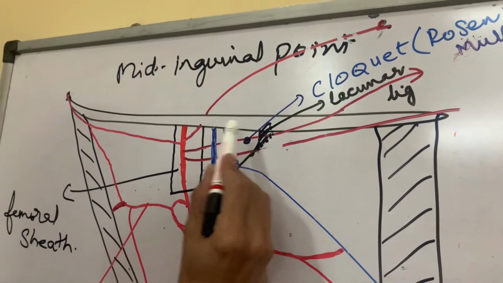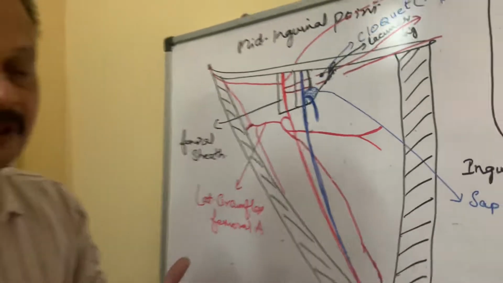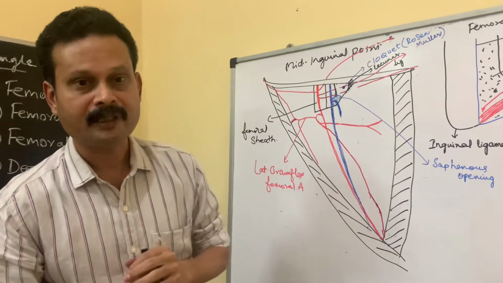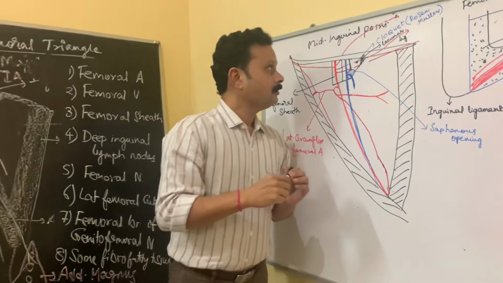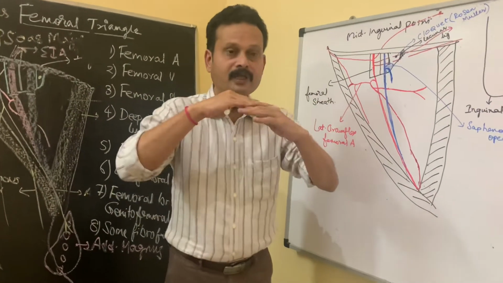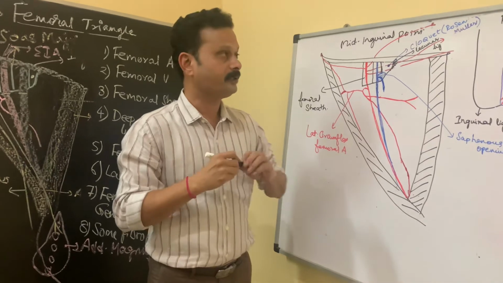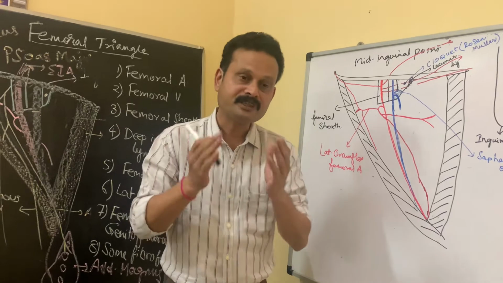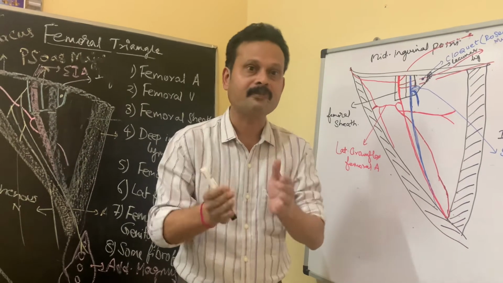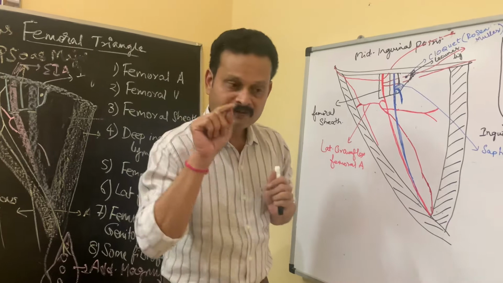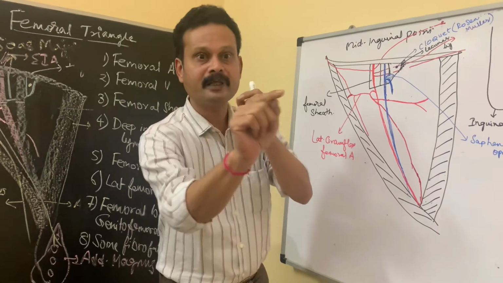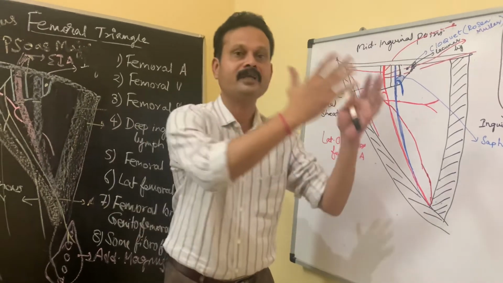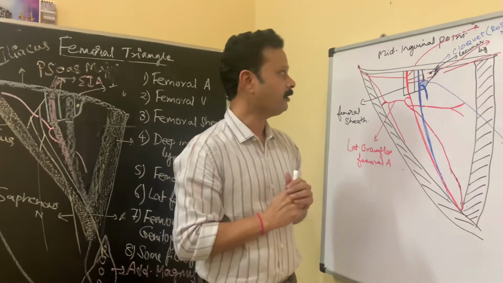So this femoral ring is bounded in front by the inguinal ligament, behind by the pectineus, laterally by the femoral vein, medially by the lacunar ligament. Okay. This femoral ring is guarded by a septum called the femoral septum, which is formed by the condensation of the extraperitoneal tissue. That femoral septum is pierced by lymph vessels, which connect the deep inguinal lymph nodes with the external iliac lymph nodes. Okay.